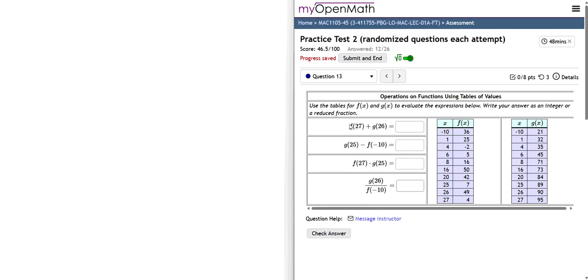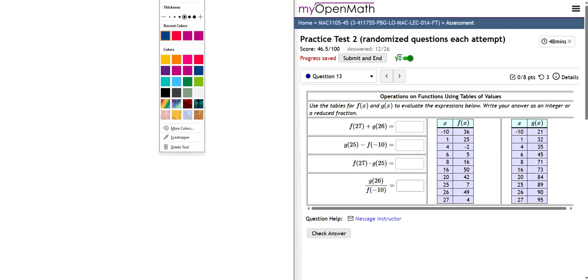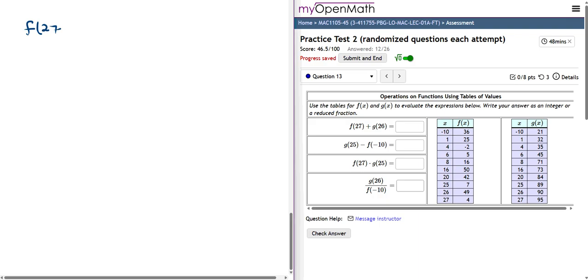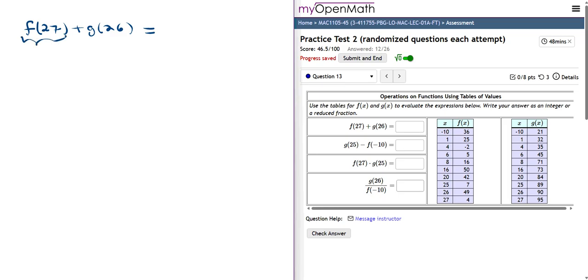All right, this one, not bad. Might seem a little intimidating, but it's really quite easy if you understand how to read function notation. So that first part says f of 27 plus g of 26. So to get my answer here, I'm going to look up an x value of 27. Remember, what is inside your function notation represents x equals,